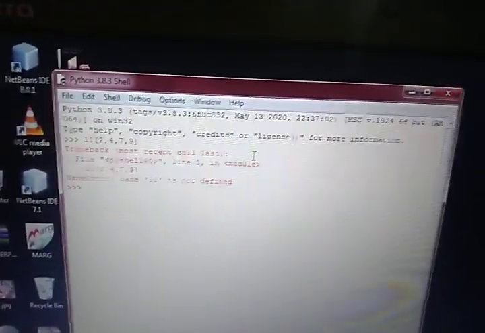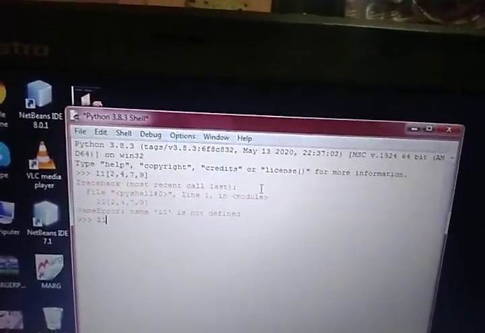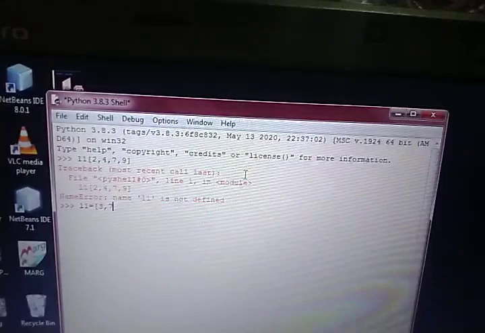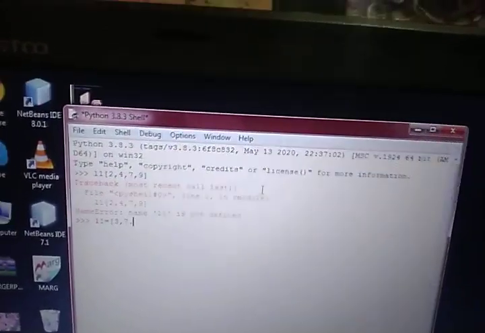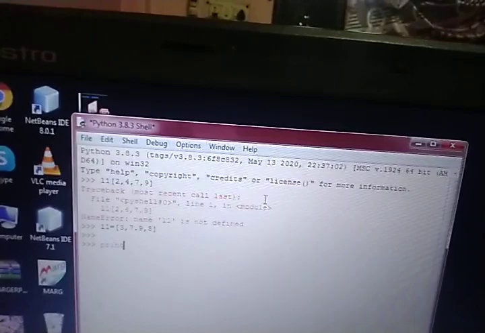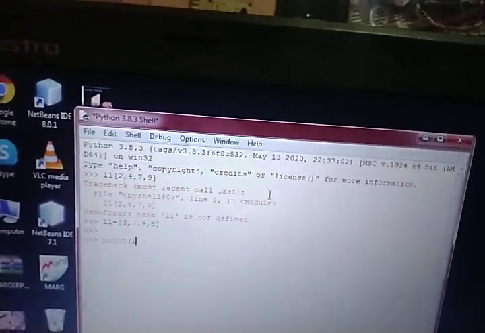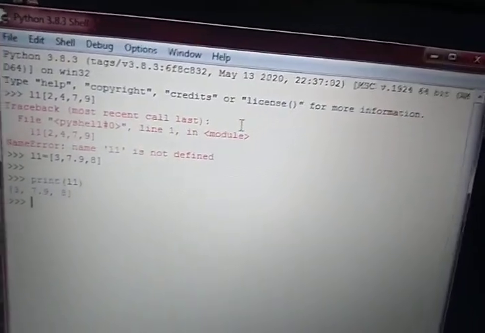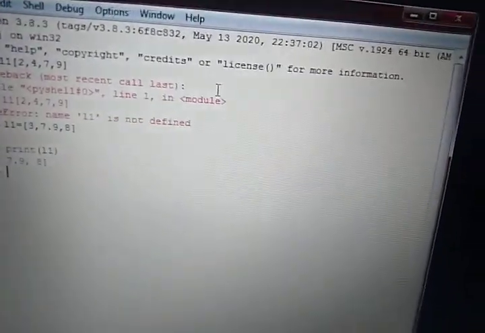For that I write L1 is equal to, and here I mention the elements. And just print it. See, so that means Python has been installed on my system.